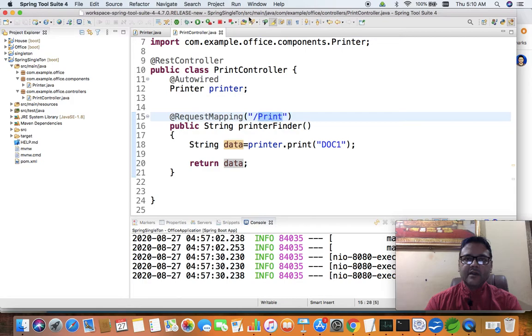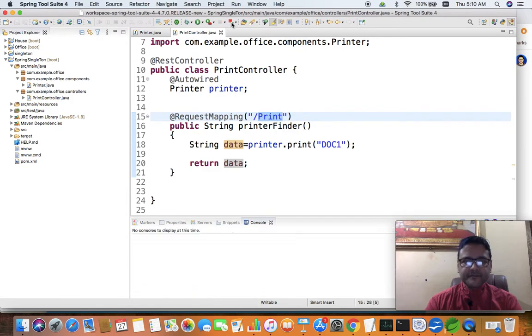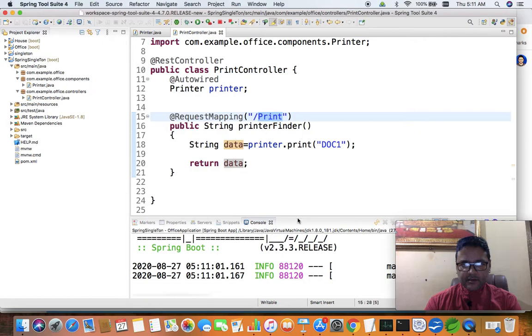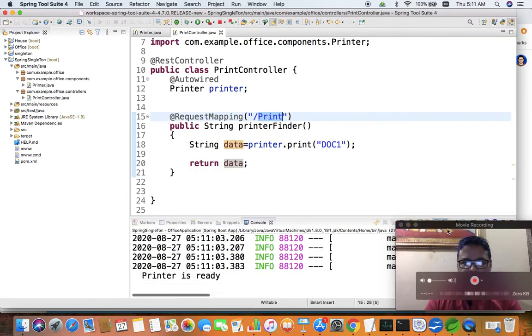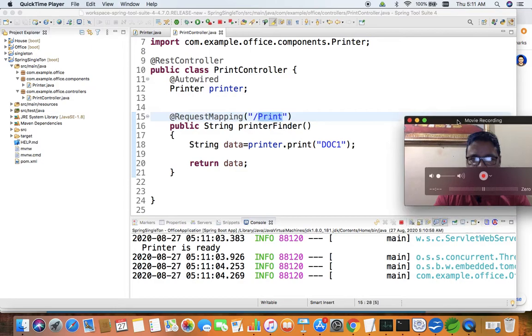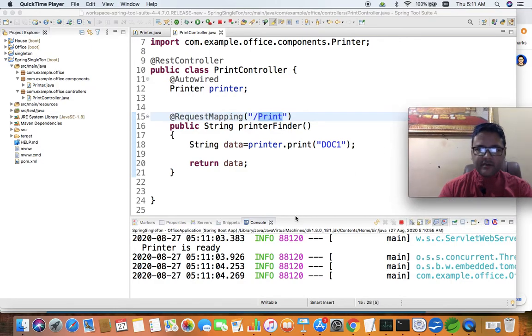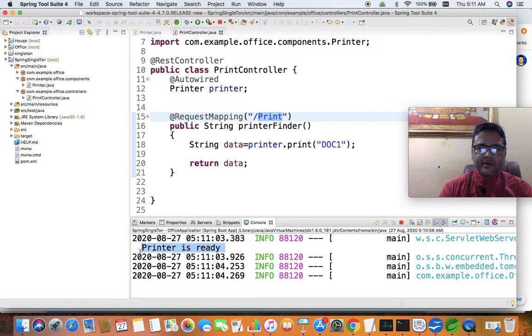I will start it. Let me remove myself from this location. Okay, so here you can see the printer is ready. I have not done anything till now. I just created the project, created the class and started the project. But printer is ready. This line came. The other lines which are there are part of the initialization process of the Spring project.